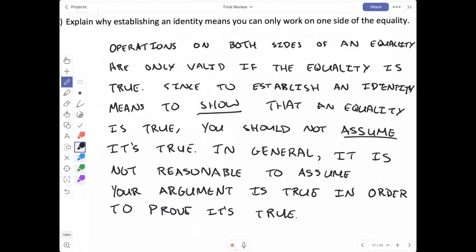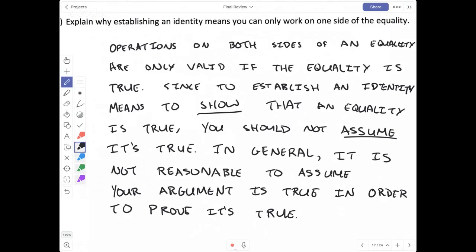Clearly, that is a somewhat long and verbose answer that is rather extensive and articulates the same idea in multiple ways. You would not have to write something that long. You probably could have said pretty clearly that you shouldn't assume it's true before you prove it's true. That's the idea.